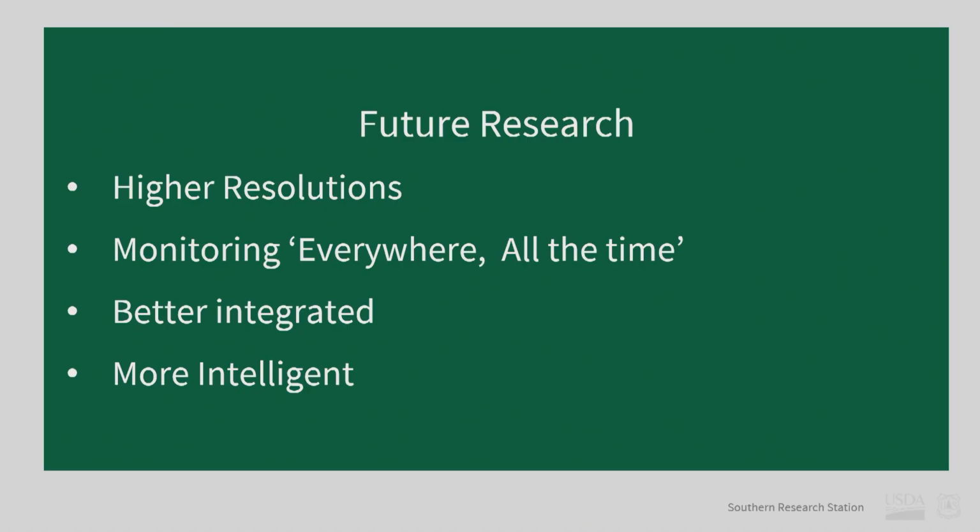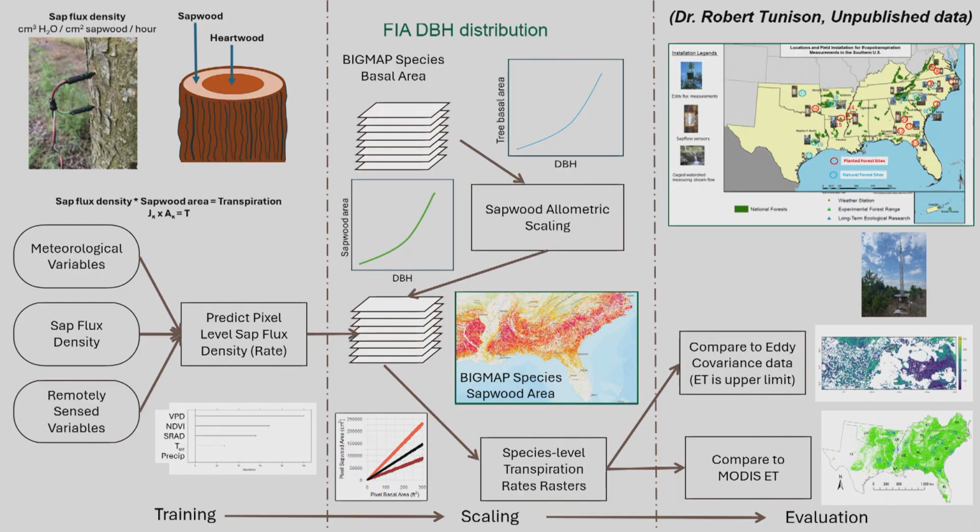So, better integration. As you can see, many speakers talk about forest stress. Forest stressors do not act individually, they act all together. So we need to integrate all the stressors, biotic or abiotic. We need more intelligent, cost-effective approaches. That's where I think AI technology can link those. And so you all know this. So here's one example.